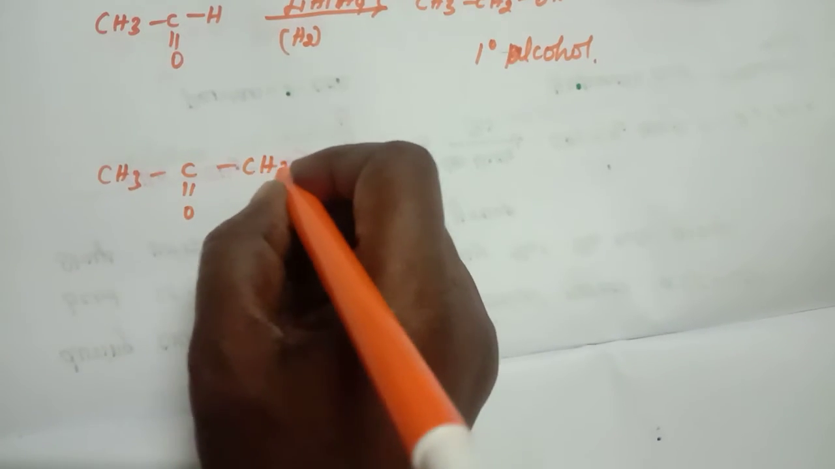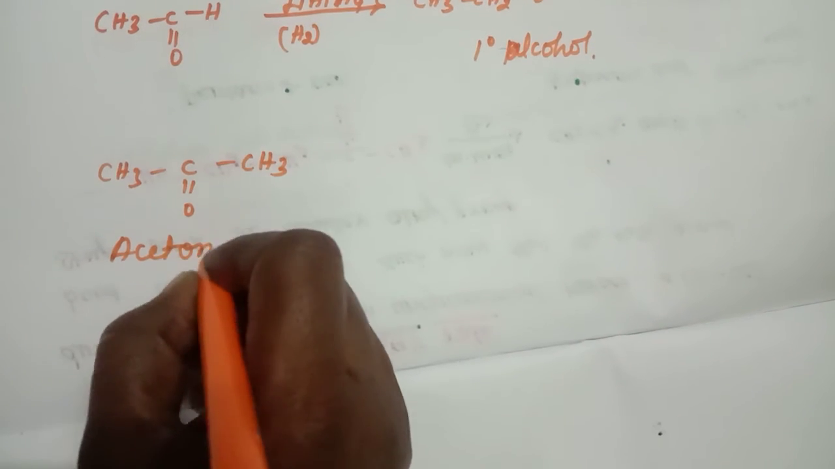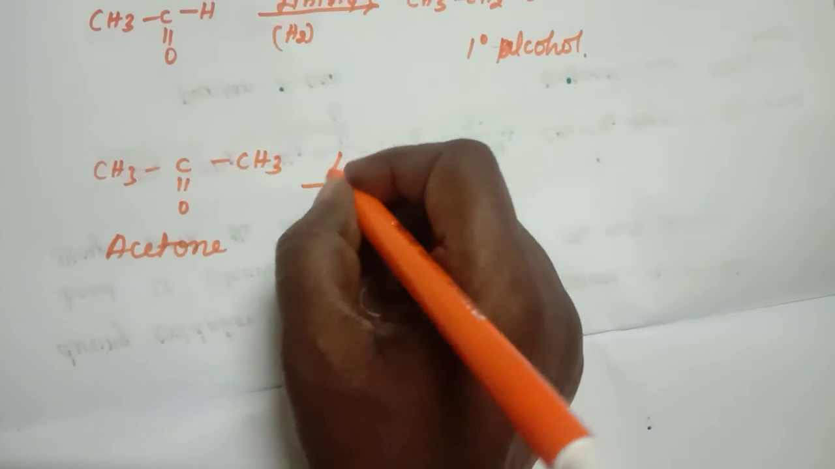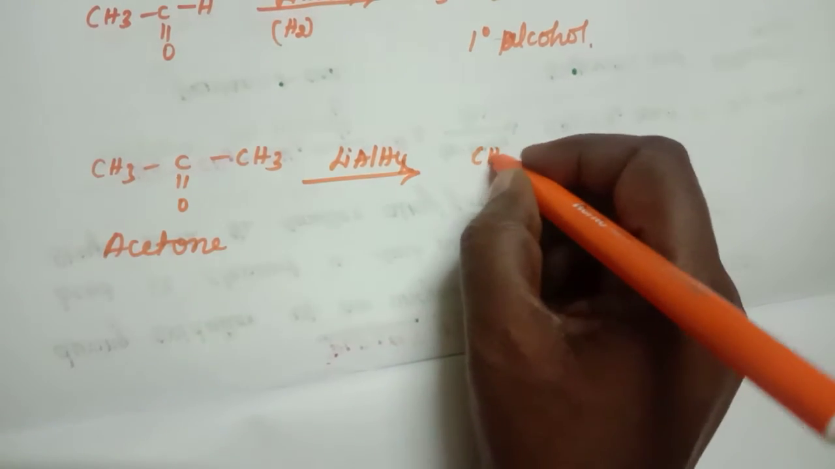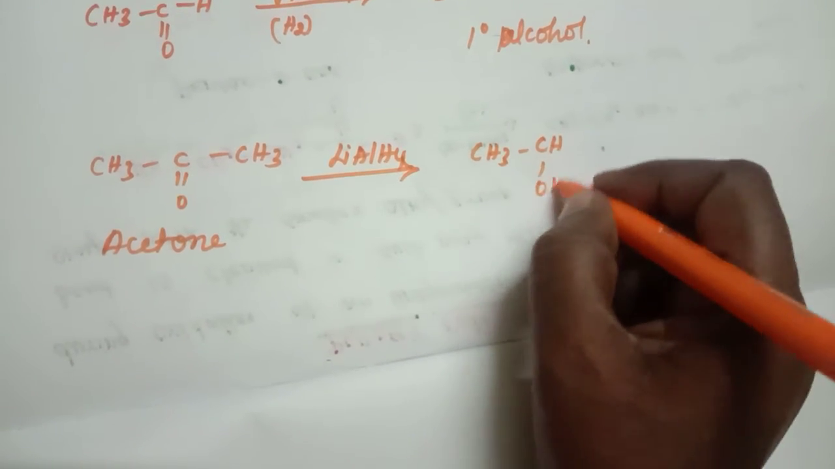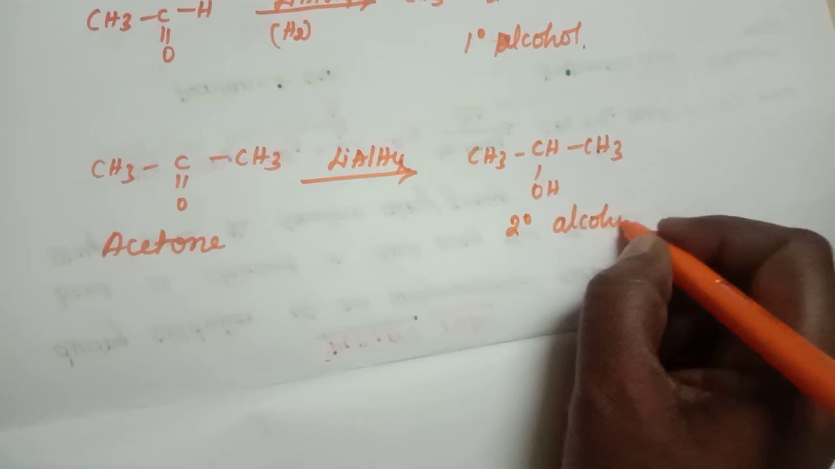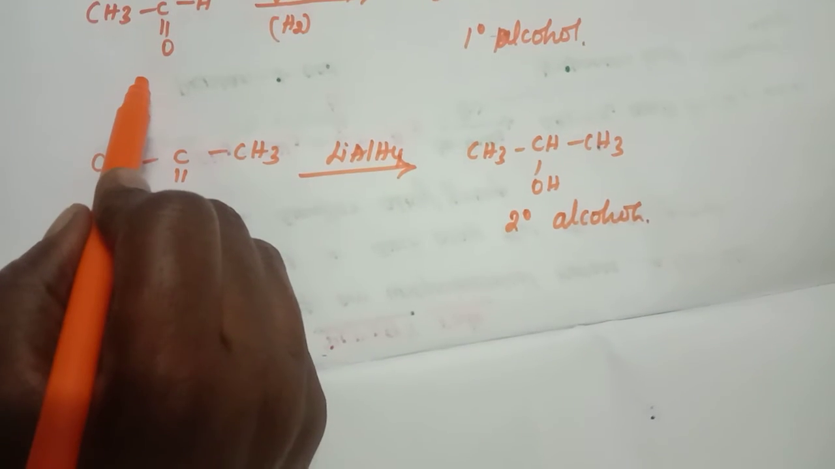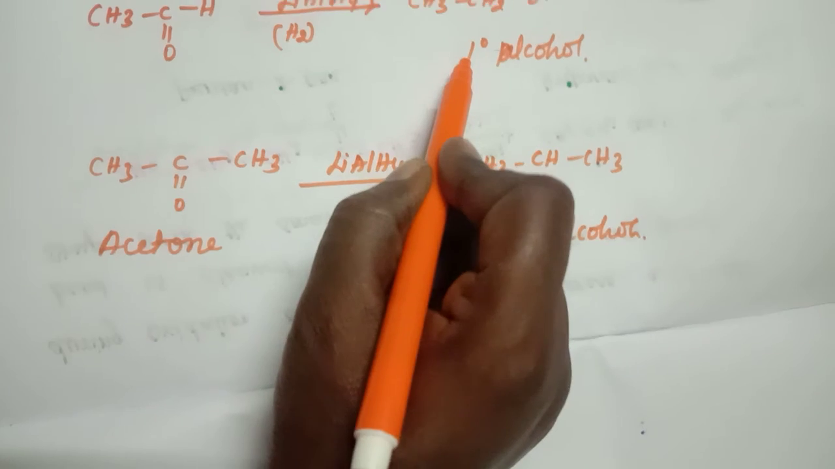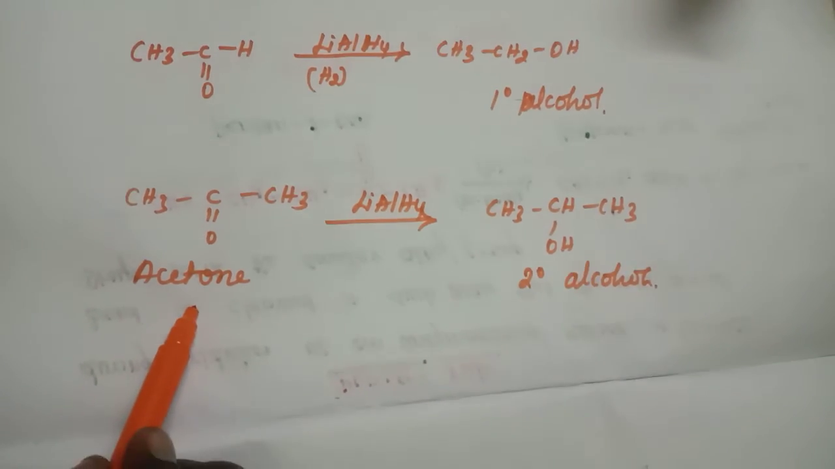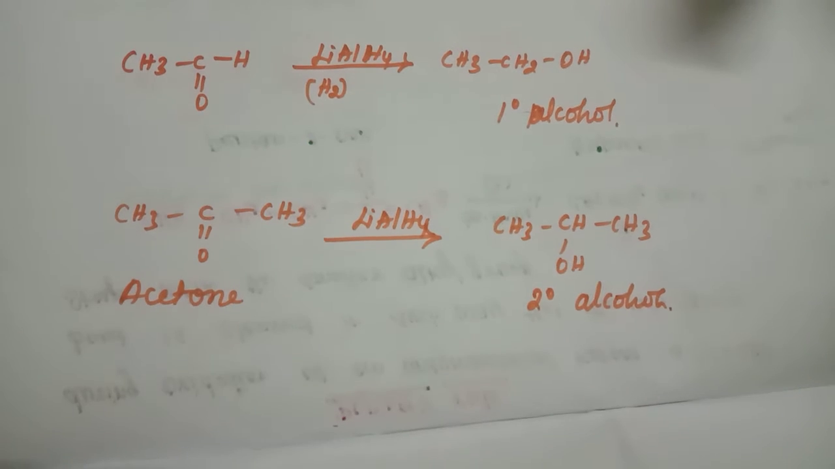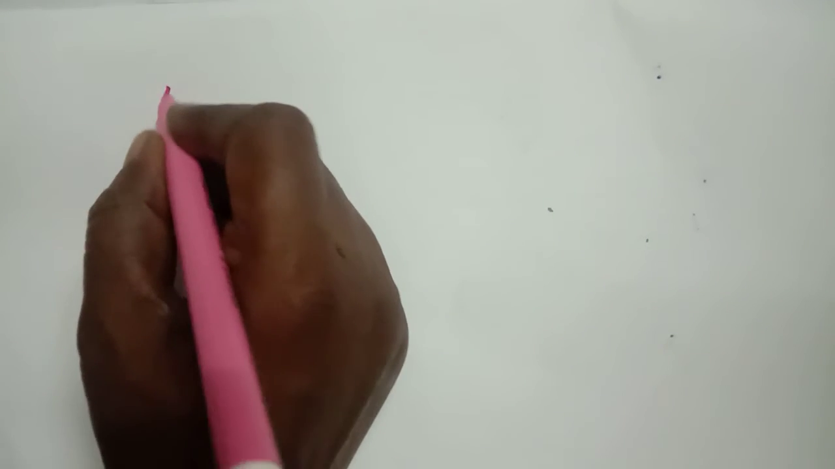When acetone, CH3 C=O CH3, a ketone, undergoes reduction in the presence of lithium aluminum hydride, it gives CH3 CHOH CH3. This is the secondary alcohol. So an aldehyde undergoes reduction and gives the primary alcohol, and a ketone when it undergoes reduction gives the secondary alcohol. Next one is